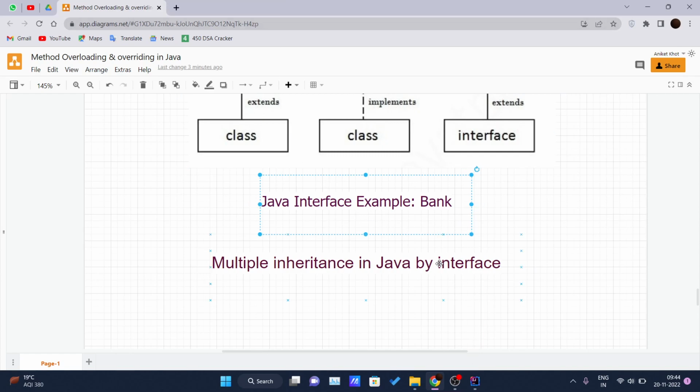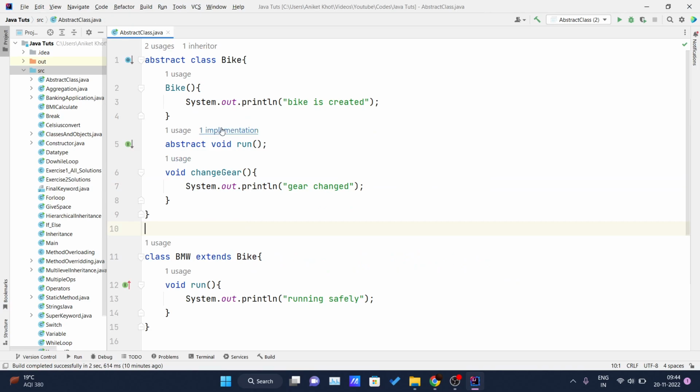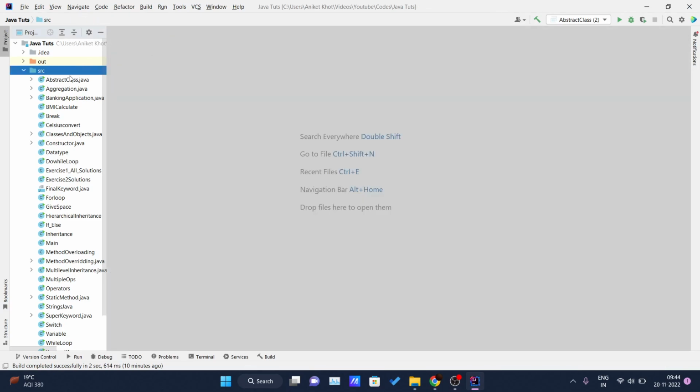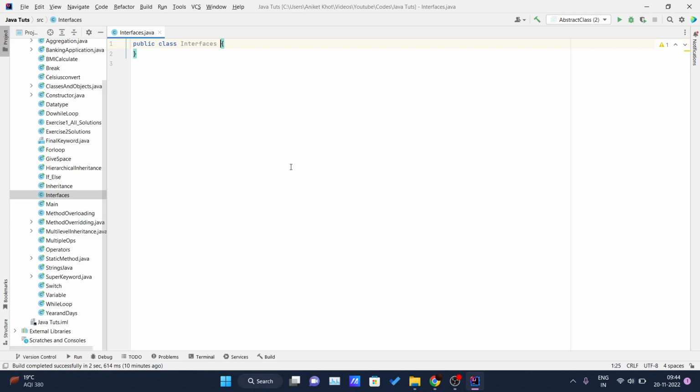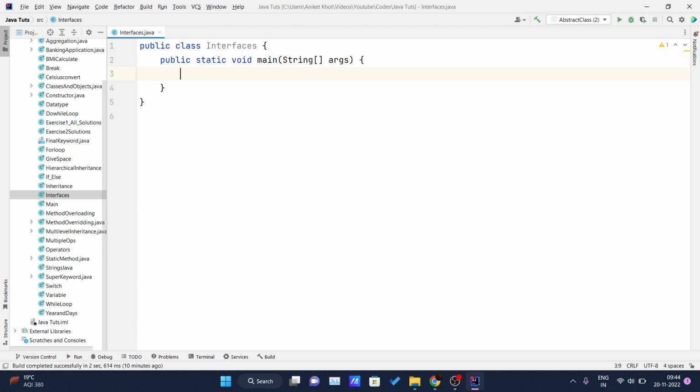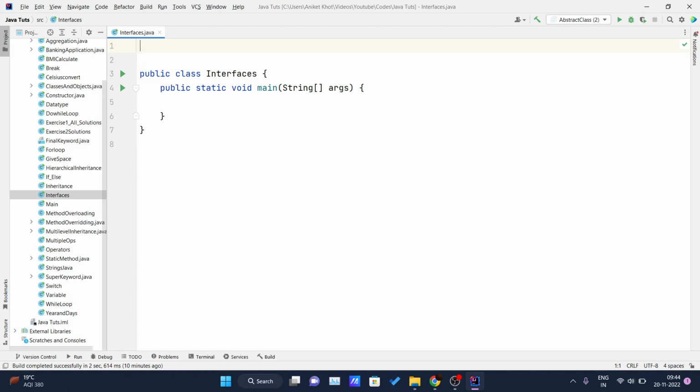Okay, so let me get into my IDE and I will create one new class by the name of interfaces. And let me increase my font size. I will get my main method. Okay, and now I have to declare one interface. Now I will write the interface name as interface Bank,